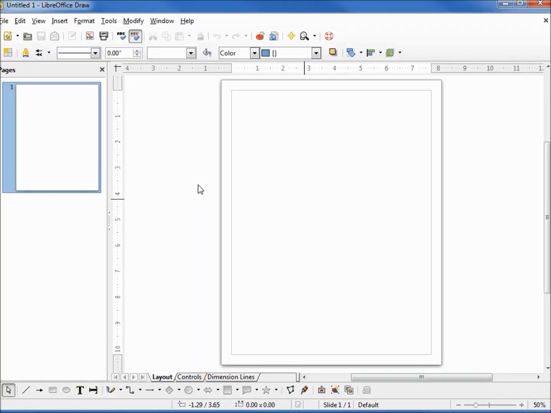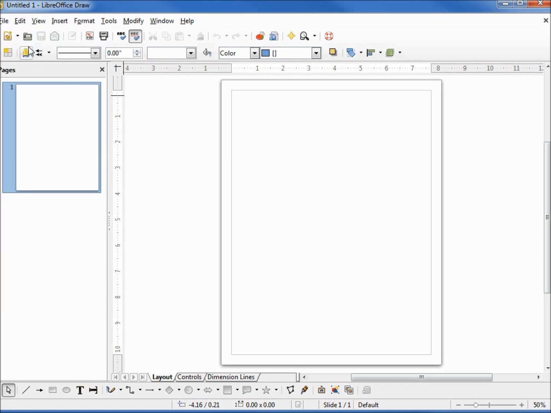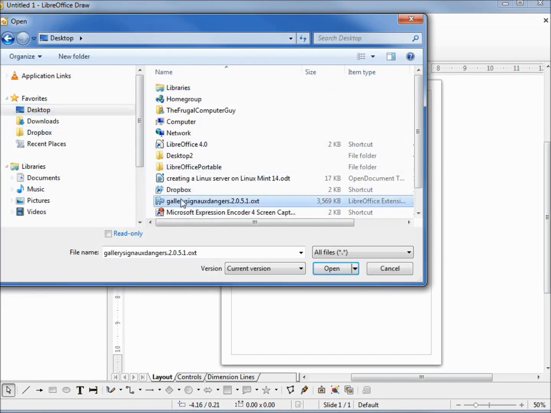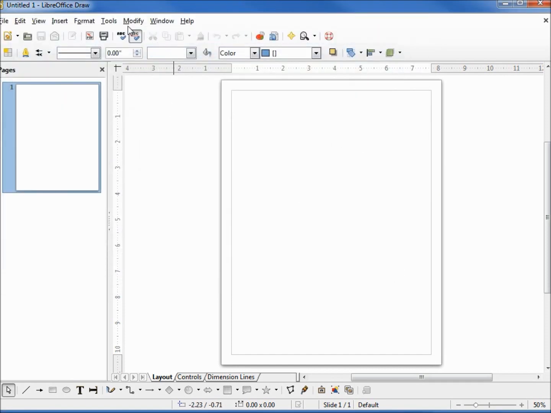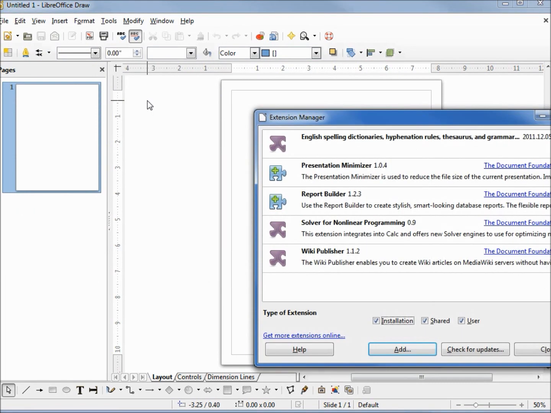So there's two ways we can import this. I'm going into File, Open, and I can click on it right here, Gallery of the Danger Signs. And the other way to go in is Tools, Extension Manager, and we can add them from here.